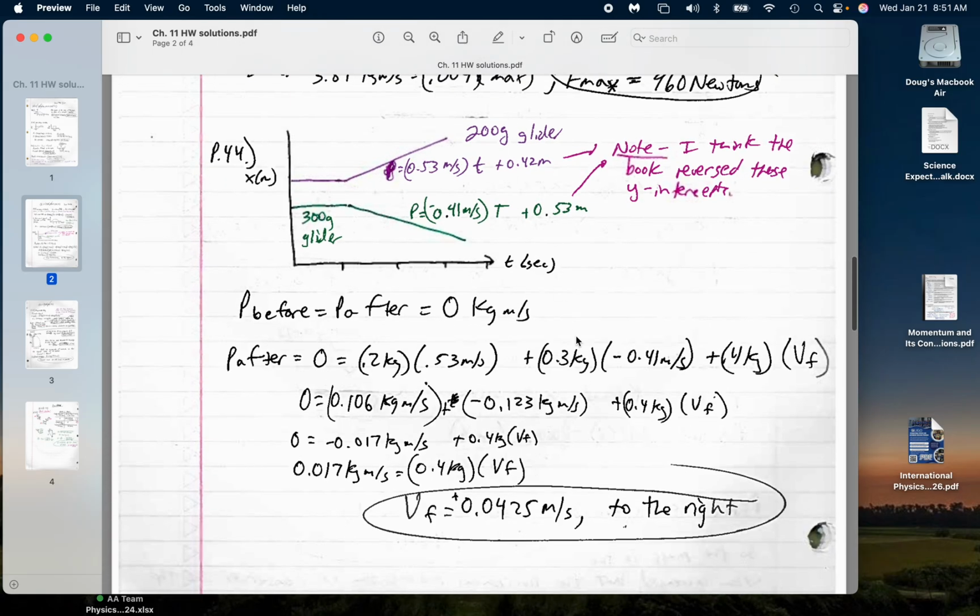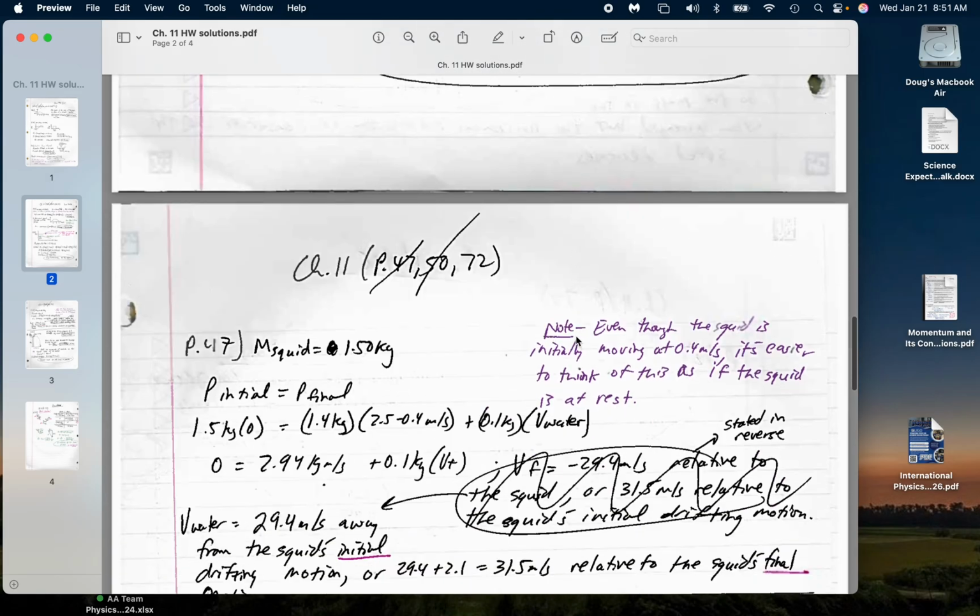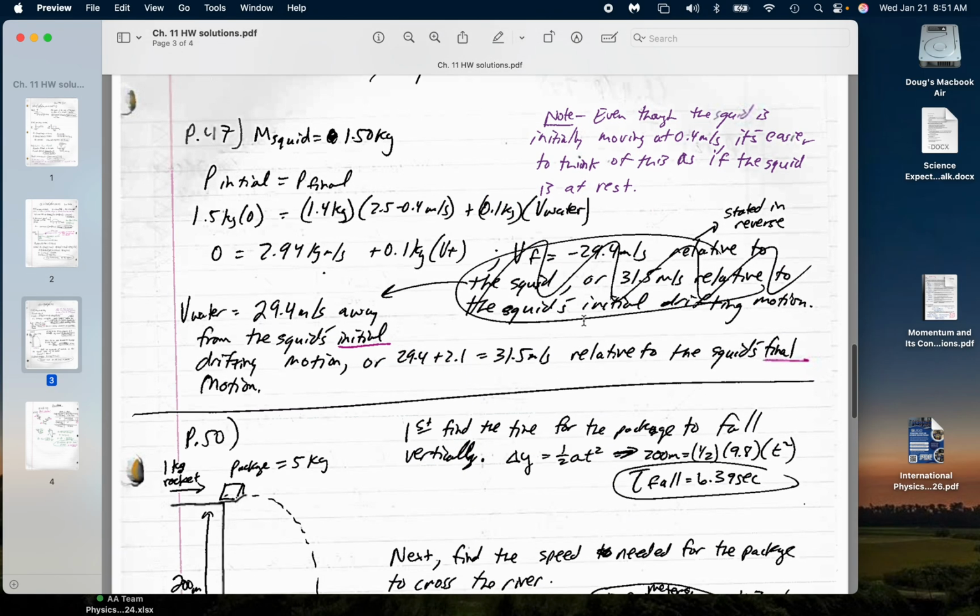So, conservation of momentum before and after the explosion. Problem 47 here. You've got a squid with a mass of 1.5 kilograms. The part that was annoying about this is it says it's drifting at 0.4 meters per second, and then it's asking, what's the speed of the water the squid ejects relative to the squid? It was unclear to me whether it meant relative to the squid before it ejected the water or relative to the squid afterwards. So, anyhow, I took this at 0 meters per second and figured out the momentum for one